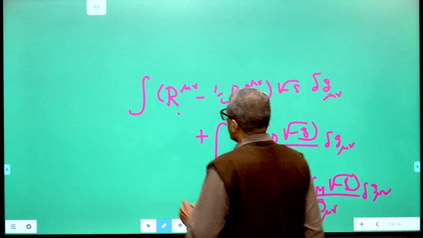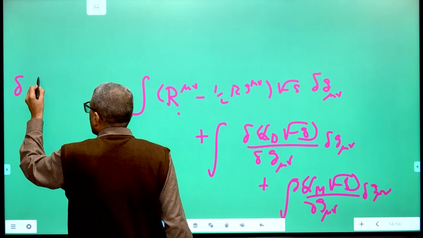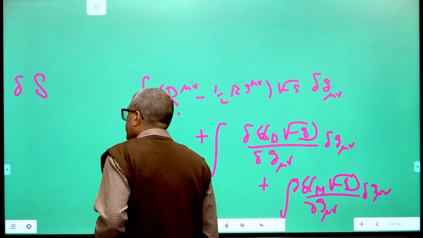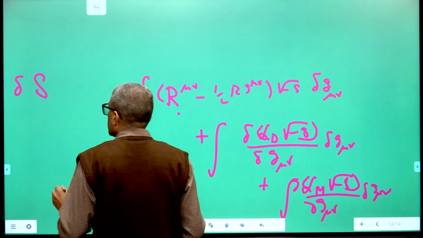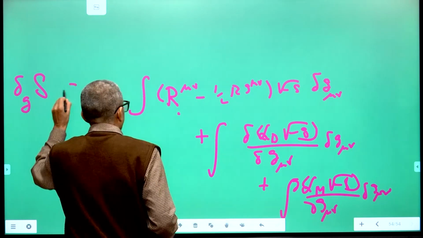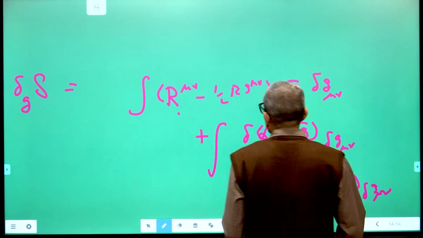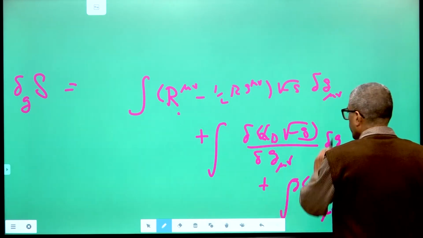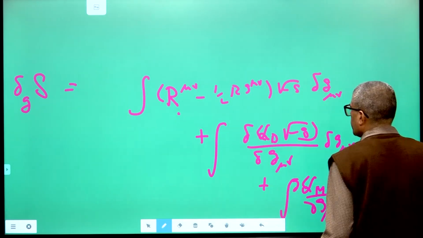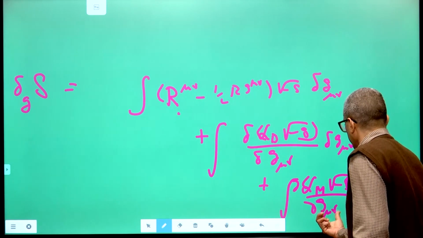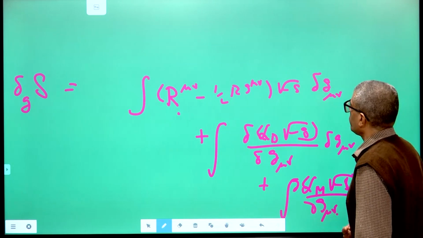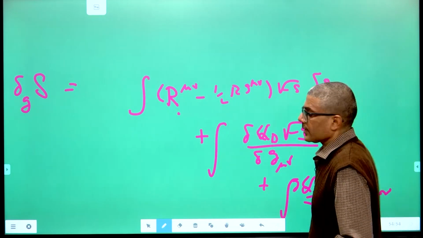This is the total variation in the total action, the gravitational action, the Dirac electron positron action and the Maxwell action, the sum of all these with respect to metric perturbations. And if you set this equal to 0, you get the Einstein field equations, provided you interpret this variational derivative as the energy momentum tensor of the Dirac field and this variation with respect to the metric as the energy momentum tensor of the Maxwell field. So you get the complete picture in this.